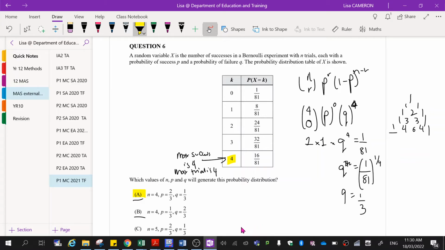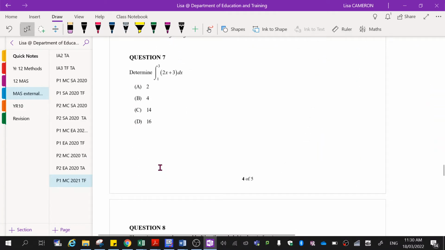Okay, now QCAA says the answer is C. The reason why I don't think that's true is because it wouldn't fit this. So I don't see how they got n is equal to 5. Anyway, I'll look at it in my own time. Okay, so